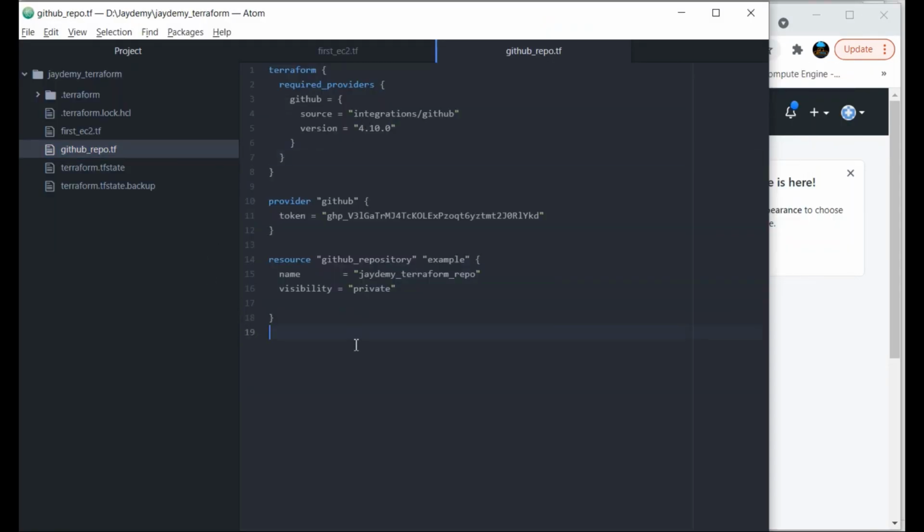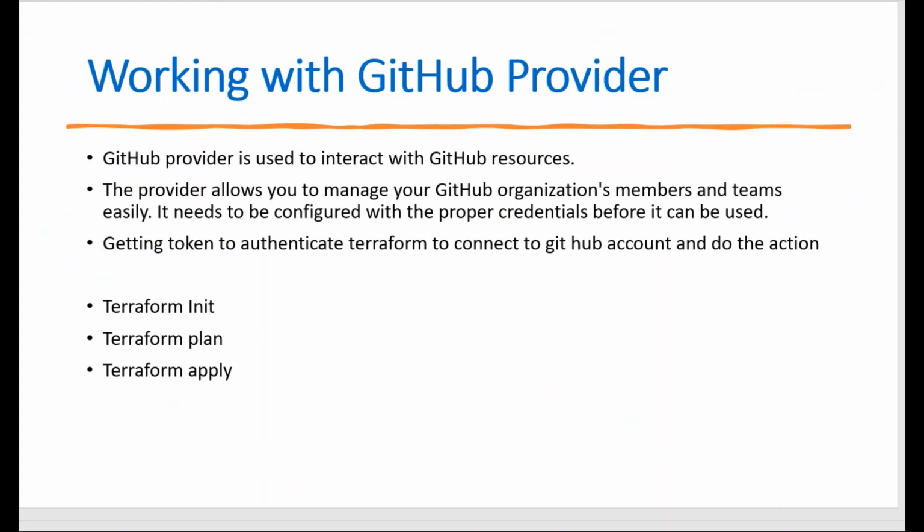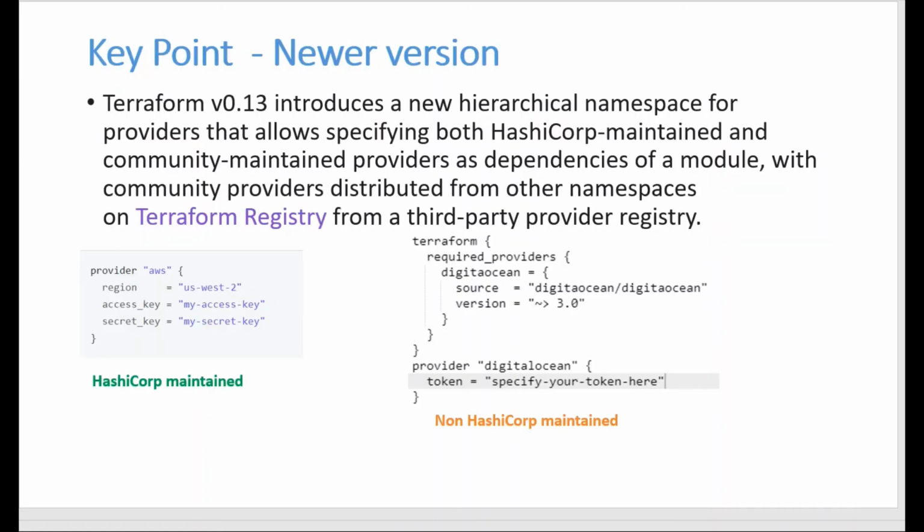So I hope you understand what we have discussed. Just to recall, we have covered what providers are, what the multiple providers are, how we authenticate, and what the resources are under each and every provider. We have understood that. And the key important thing for today is that you need to specify the required providers, whether it is maintained by HashiCorp or non-HashiCorp.